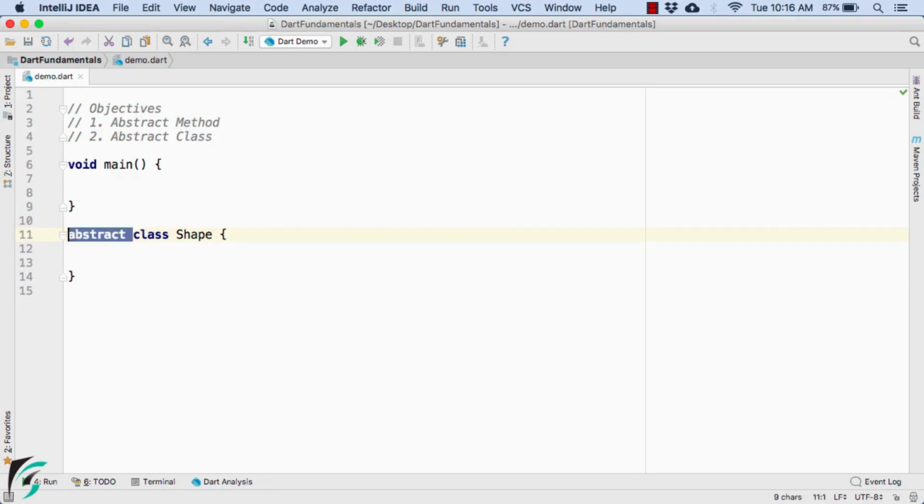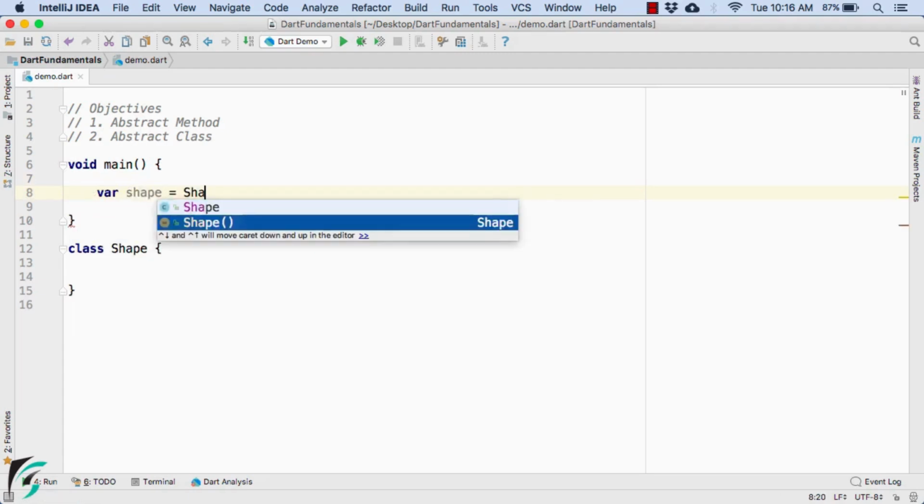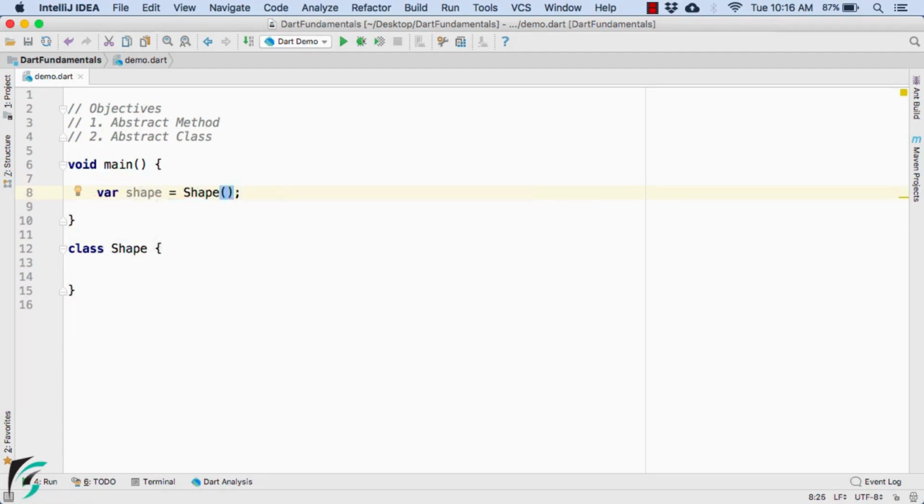Well, suppose this class is just a normal class, then you can actually create the instance of this class, such as var shape equal to, let us create shape object. Perfect. But if you declare this class as abstract, then you cannot instantiate or create the object of this class of shape. It is showing some error. The abstract classes cannot be instantiated with the new expression. So here let us write a comment statement. And right now let us comment it.